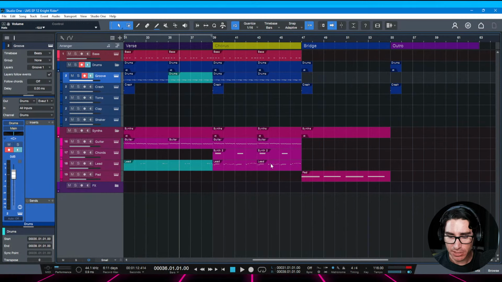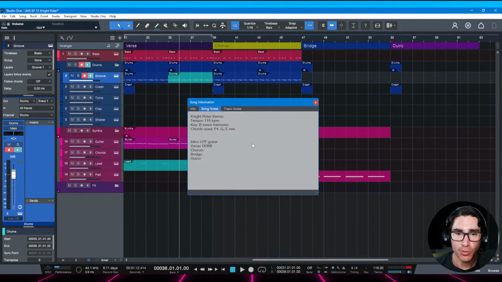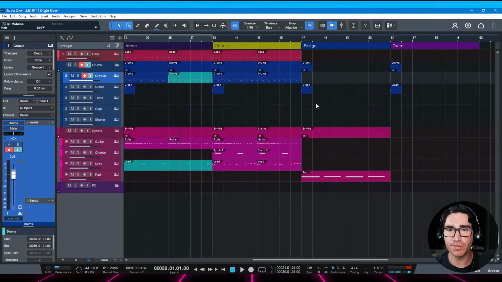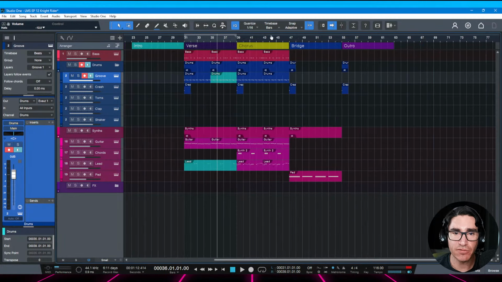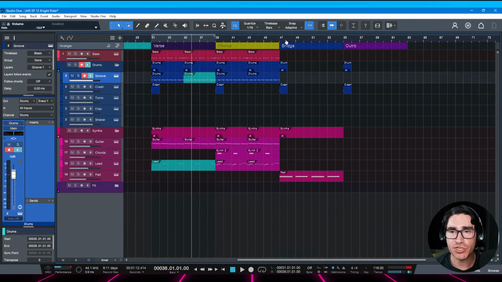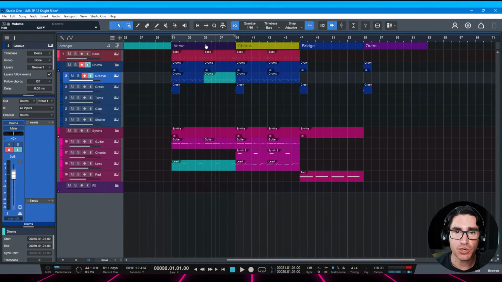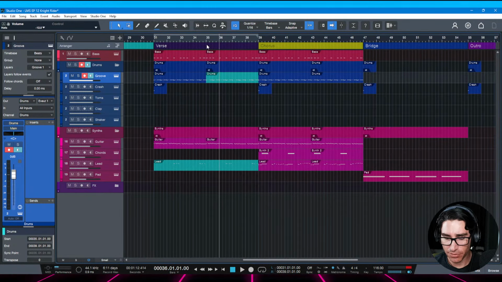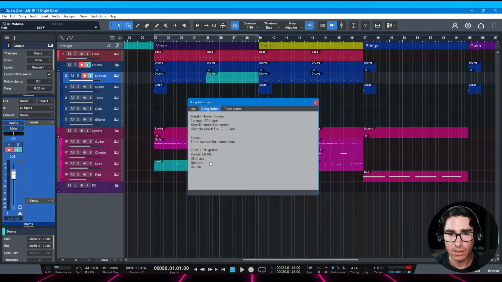Boom. Let's do this. We could certainly use a filter sweep for transitions, but I'm gonna leave that for later. I just want to take care of the big picture right now and work those details out later. So for the bridge, you know what? Let's do the intro. But I think, for me, the chorus is done,